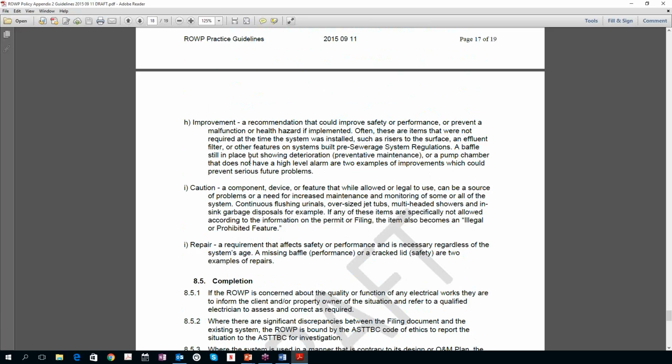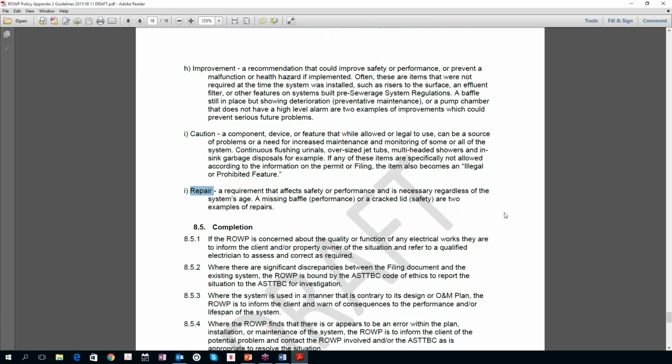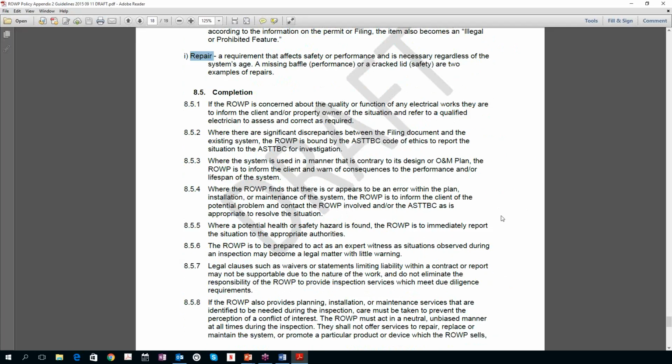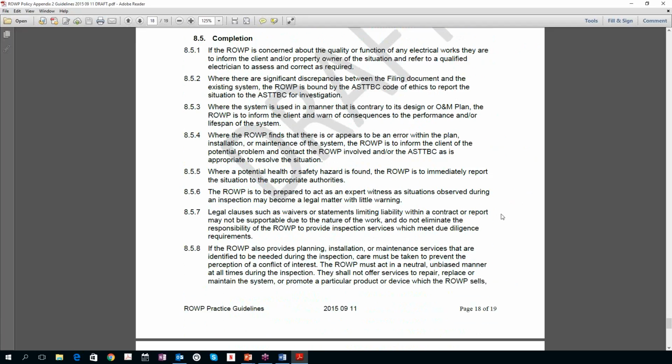So here's some more of these language-specific terminology for the report. We've got improvement, we've got caution, we've got repair. So in the interest of time, I just want you to be crystal clear, if you didn't take anything else away from tonight, is use those terms. Use that language in your report to save yourself a whole heap of trouble. We're kind of running over time, so I'm going to move on here. It's up to you to self-study this sort of stuff.